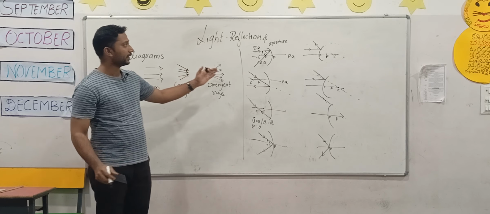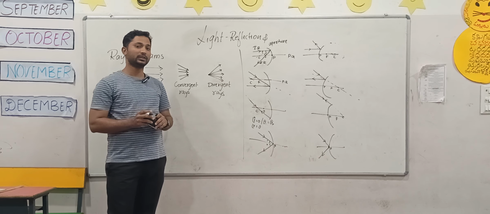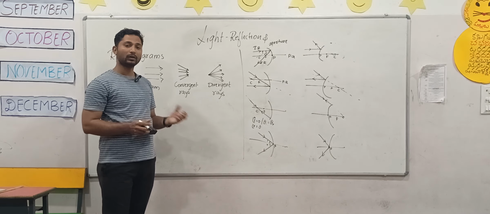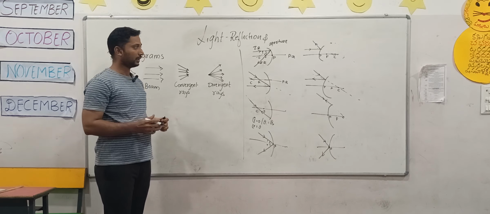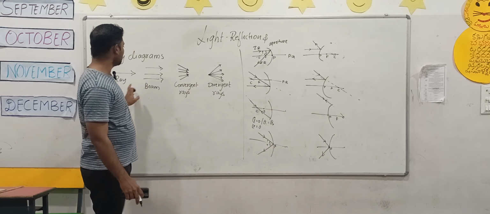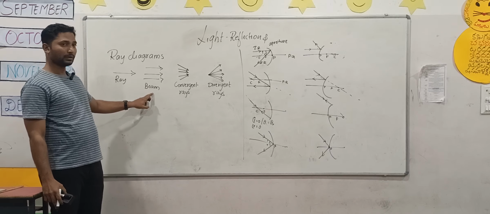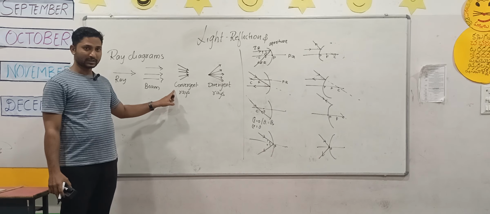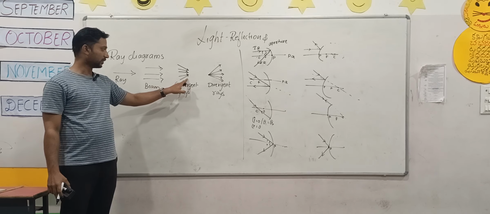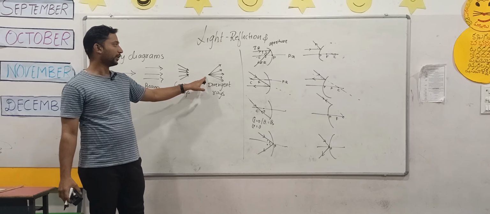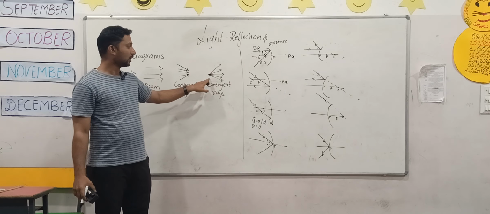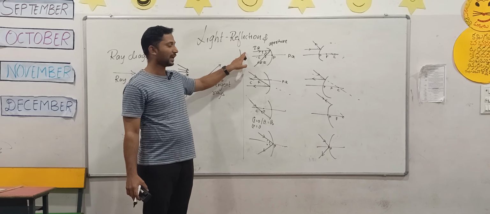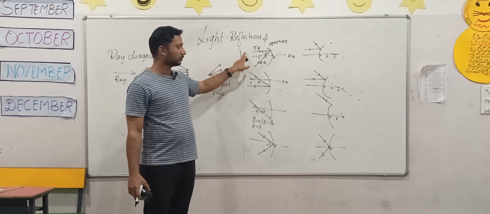So these are the ray diagrams. These are very important to understand the image formation by the concave or convex mirror, or for the convex lens and concave lens. A single line is a ray, a group of rays is a beam. If the rays are coming from different points and they are merging at one point, those are called convergent rays. If they are diverging from one point to different points, those are called divergent rays. Here incident rays parallel to the principal axis on the concave mirror bounce back and